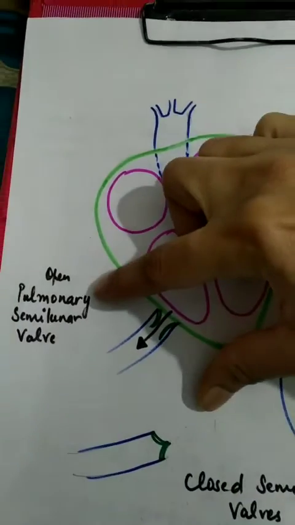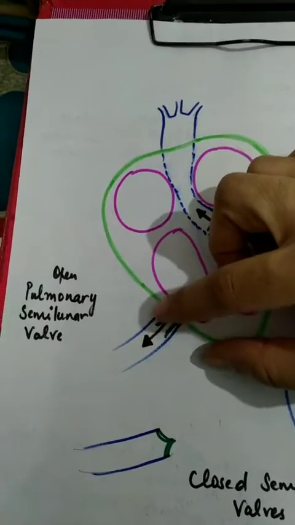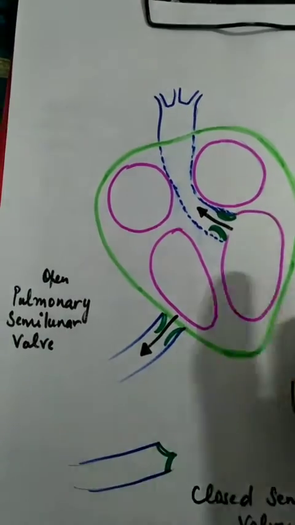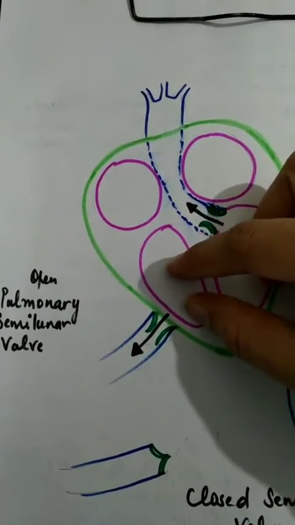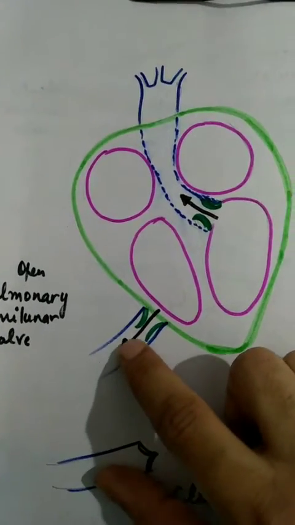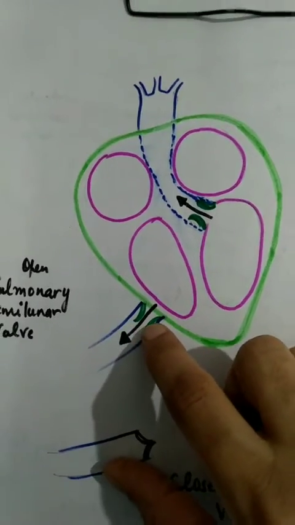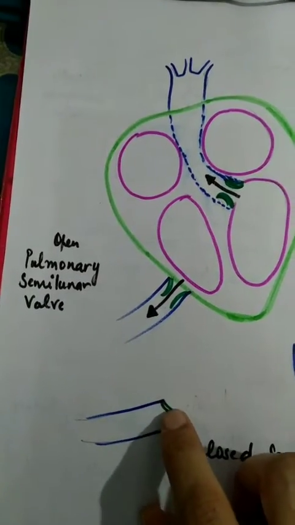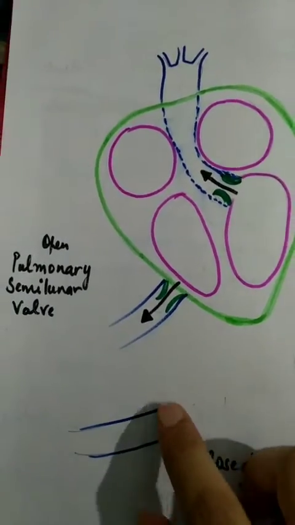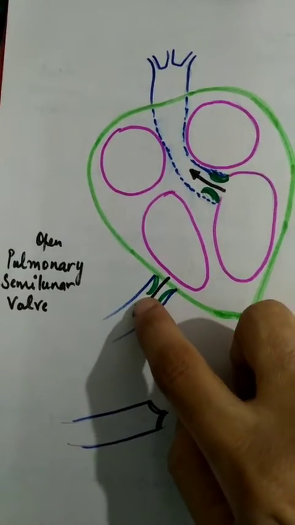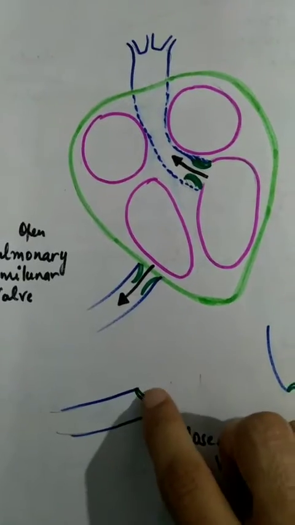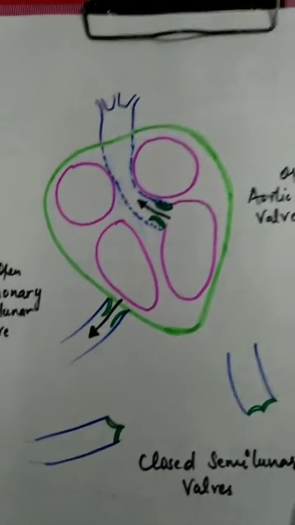So whenever the blood flows from this ventricle to pulmonary artery, the blood flow is unidirectional. They just open up, they come near to the blood vessel walls. The blood will flow. Once the ventricles relax, the blood rushes back inside and gets filled into the pockets of these walls, and the walls then get closed. This is how it looks when it is open, and when it gets closed it looks like this.